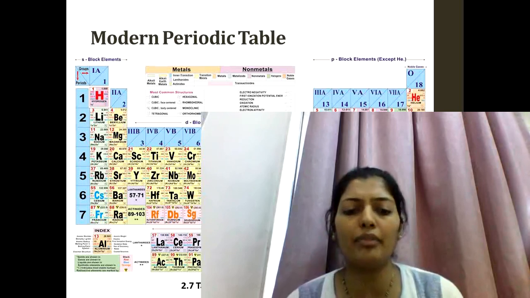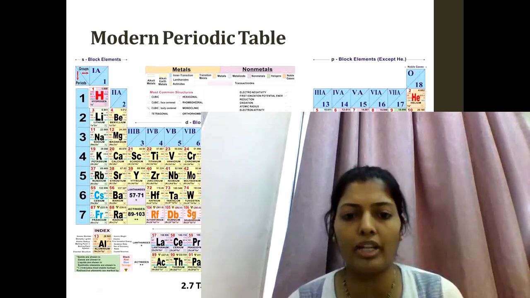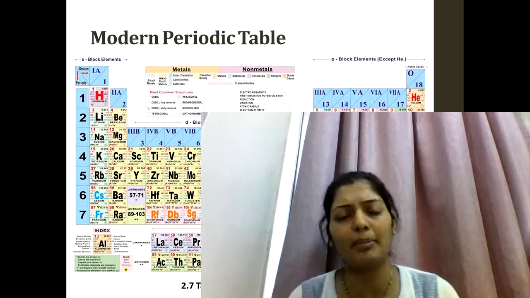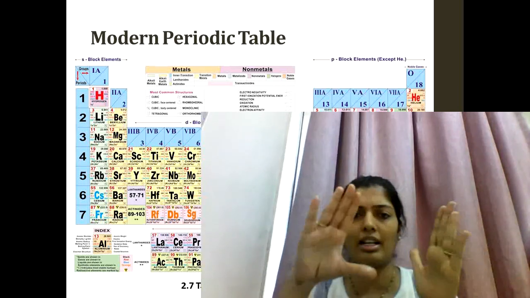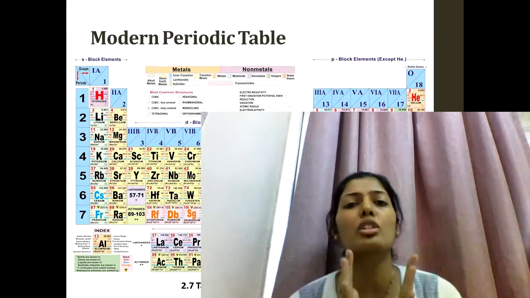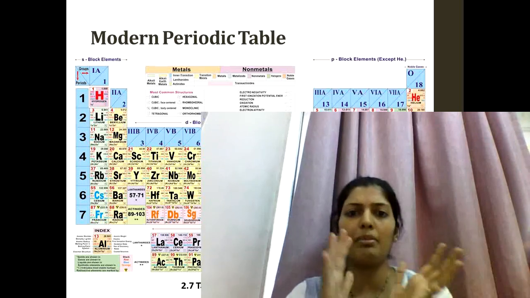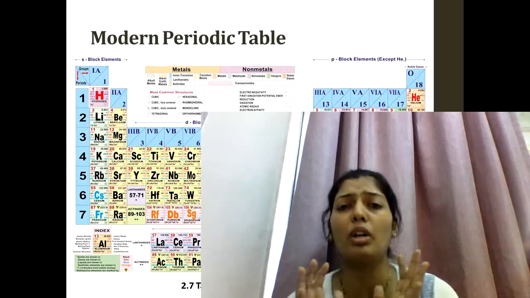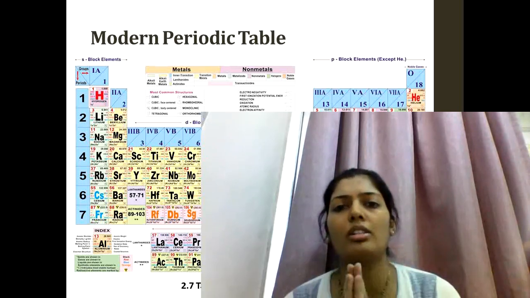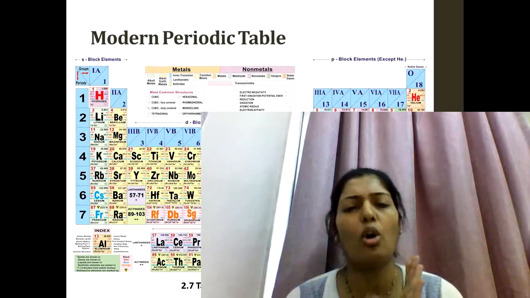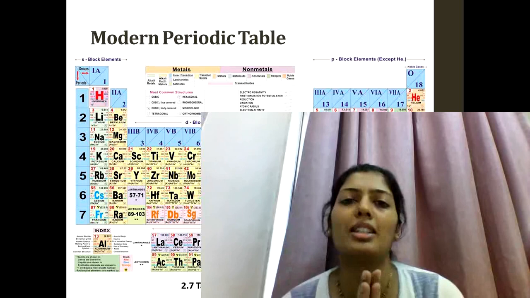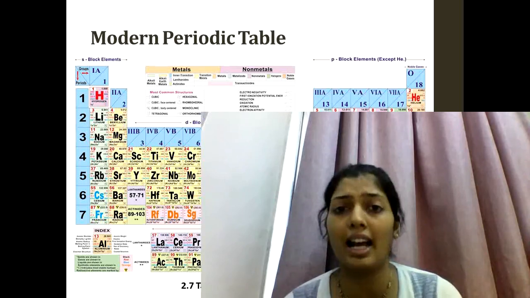If these two rows had been placed somewhere in between, the table would not have been formed properly. The table would start, then these 2 columns would come, and then again a separate table would begin. So this would have segregated the table into 2 different parts, and the table would not have looked so beautiful. Now it is looking good. So what Henry thought is, instead of disturbing the position, all these elements have similar chemical properties, so I'll place them at the bottom of the periodic table, and they are called the lanthanide series and actinide series.